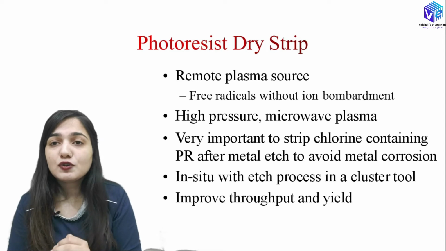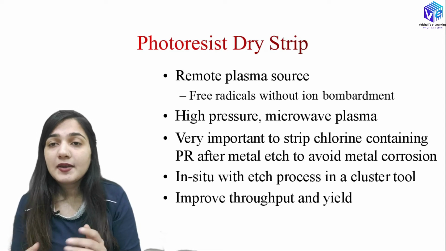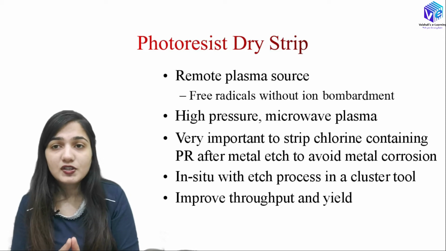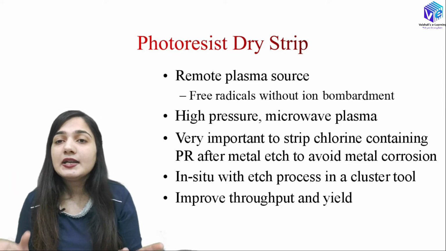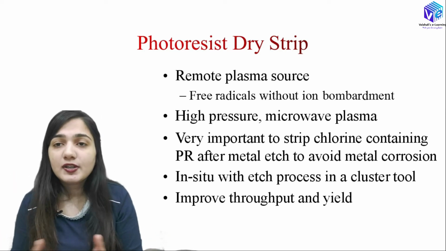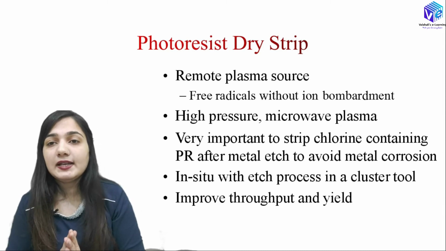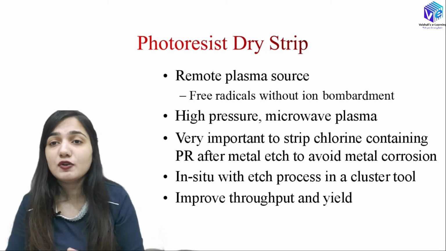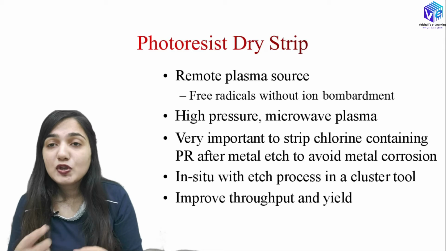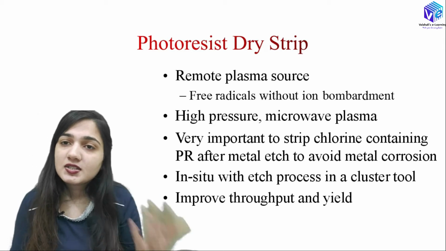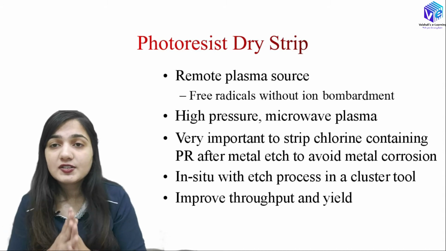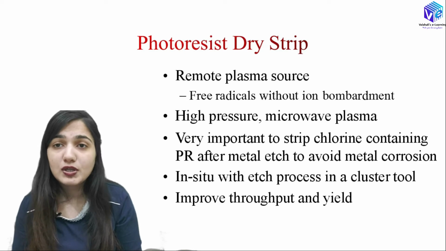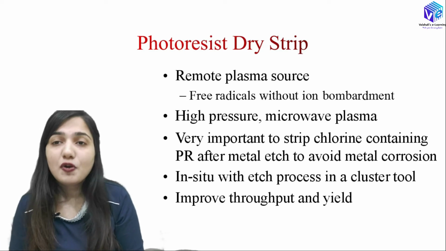So now when I used chlorine, the photoresist can get contaminated with this chlorine, and this chlorine-containing photoresist in future can react with the underneath metal layer and corrode the metal. So the corrosion process will be happening with the photoresist on the metal layer, and this is the reason I want to remove this photoresist, and for the removal I am using the dry photoresist stripping process. I hope now you understood where I am using the dry photoresist stripping process and where I am using the photolithography process to remove the photoresist layer.